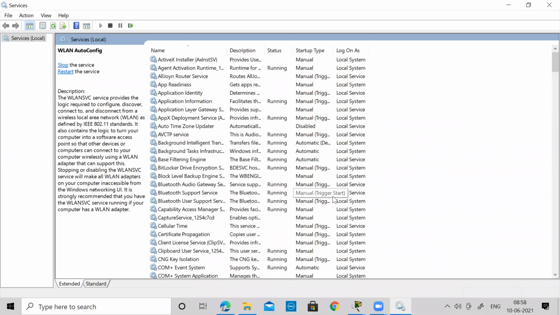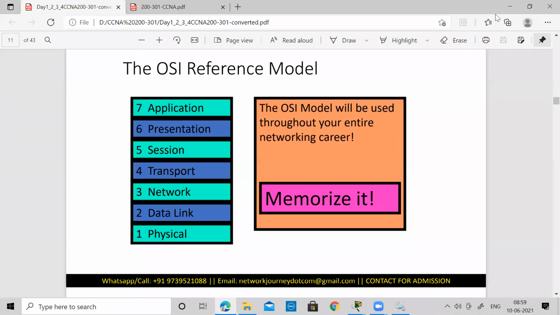So all your top 4 layers are managed by your system files. Your operating system is taking care of it. There is no direct networking we are doing in the top 4 layers. Maybe an application developer or software developer is more interested in the top 3 layers. The network roles majorly start from the transport layer. It is important to know that your application, presentation and session layers are part of your operating system, software and program files, managed by a different set of people. Your role as an administrator starts with the transport layer, network layer, data link layer, and physical layer.